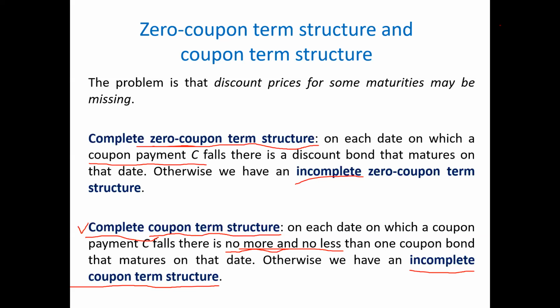Therefore, on one hand, it might seem that the UK has a complete zero coupon term structure because there are lots of discount bonds which mature each December, September, March, and June. However,